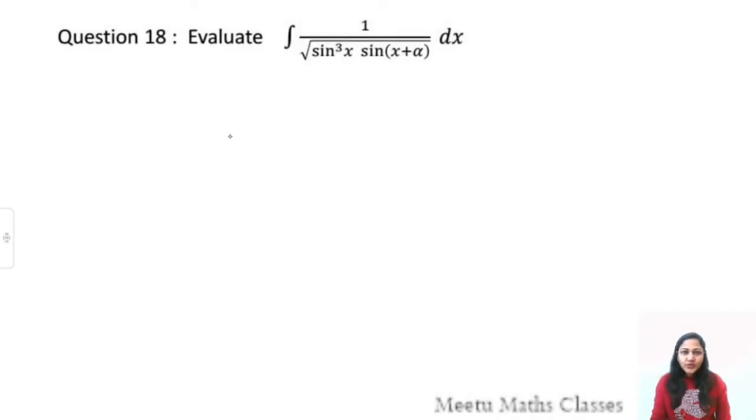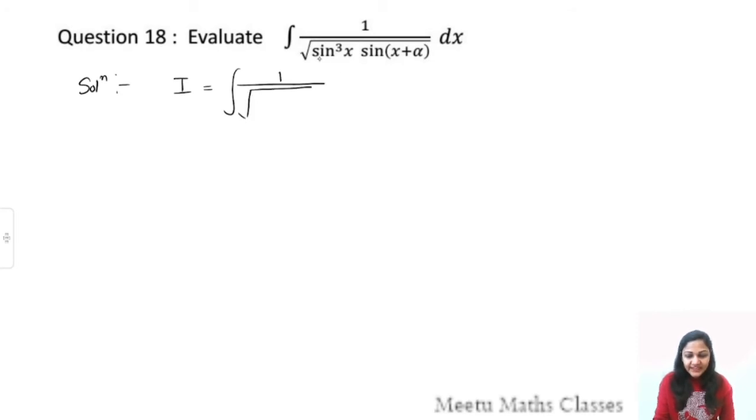Now your next question is question number 18 of miscellaneous exercise, that is evaluate integral 1 upon square root sine cube x sine x plus alpha dx. Now to evaluate this integral, let our I is integral 1 upon, you can do one thing, since it is sine cube x, to take it out of the sine root you can multiply by 1 upon sin x and you can divide also by sin x